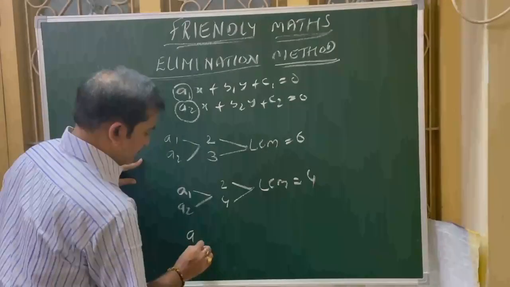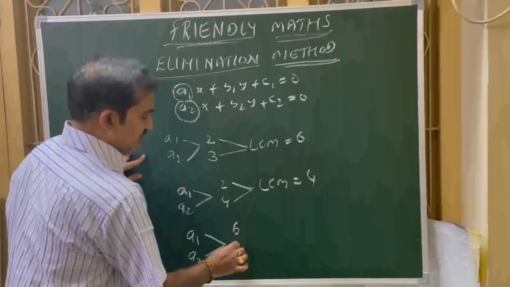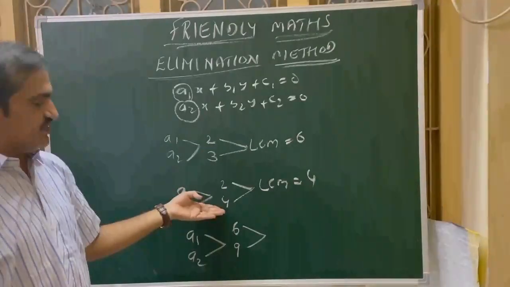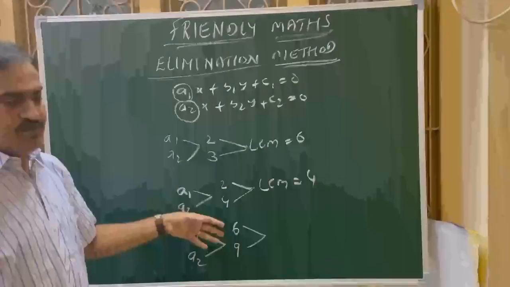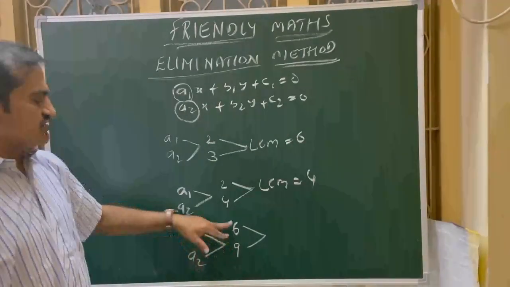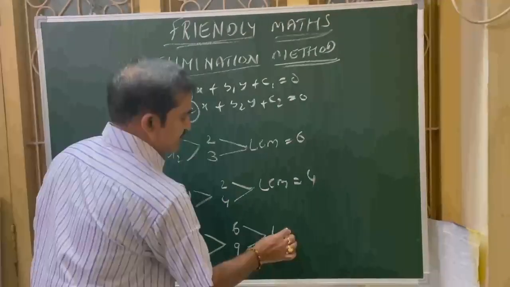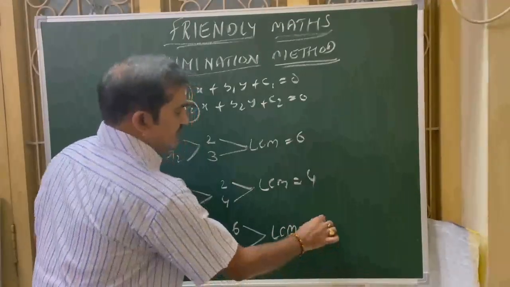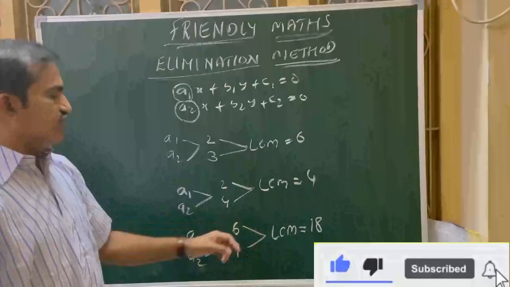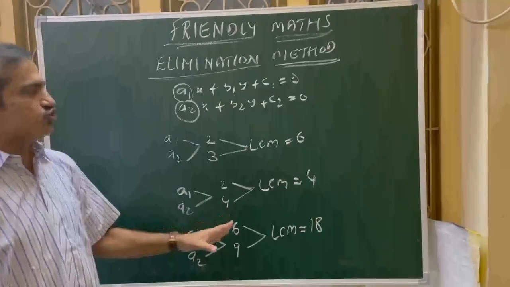Suppose you take another type. There are three types. These a1, a2 are 6 and 9. These are not relatively prime and one is not a factor of the other. This is a special case. There is a common factor. 3 is the common factor for these two numbers. Then you don't multiply 6 with 9 and 9 with 6. That is not correct, it is not advisable. Then what is their LCM? LCM of 6 and 9 is 18. So equation 1 we have to multiply with 3 and equation 2 we have to multiply with 2.